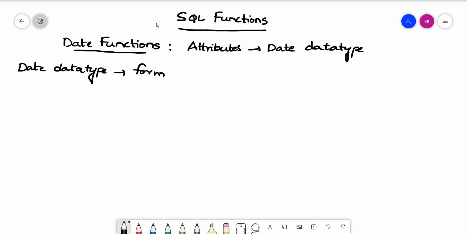So what is the default format that we will follow for the date data type? It is DD MON RR.